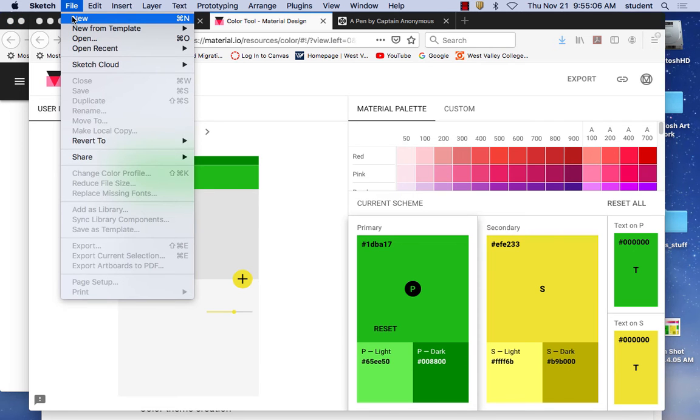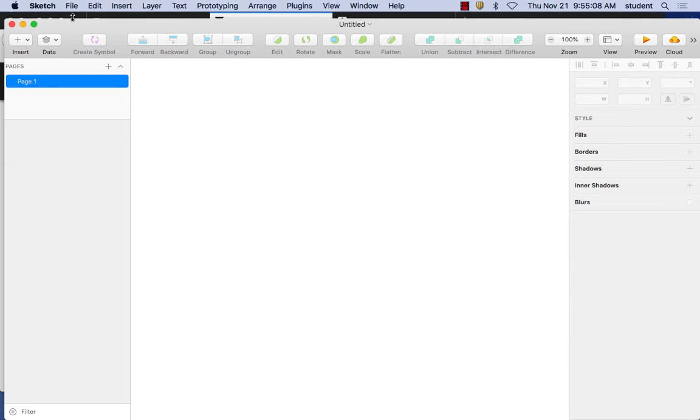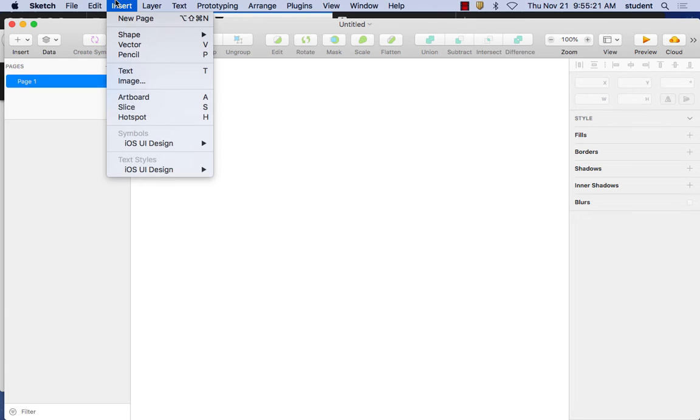So again, I'm going to start with a new document inside of Sketch. Then inside of Sketch, remember, in order to start with a screen in Sketch, we start with a new document. So we go under Insert Artboard,